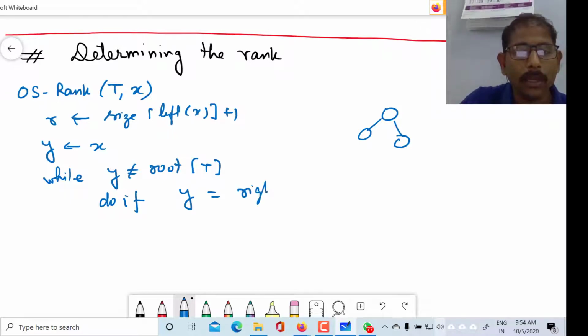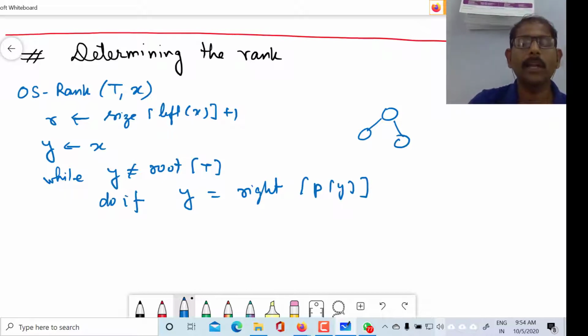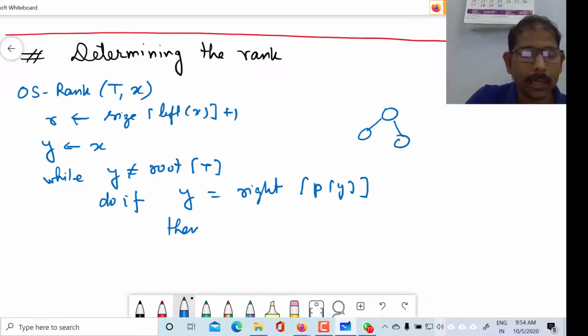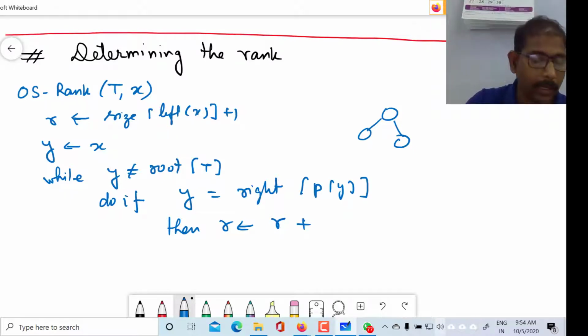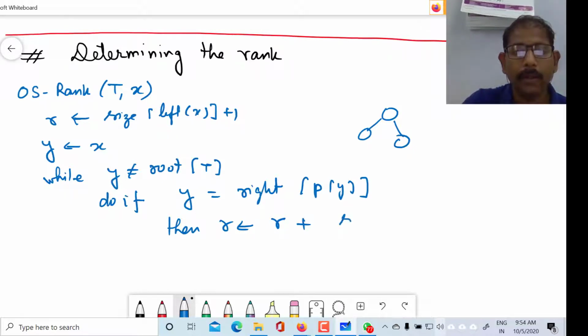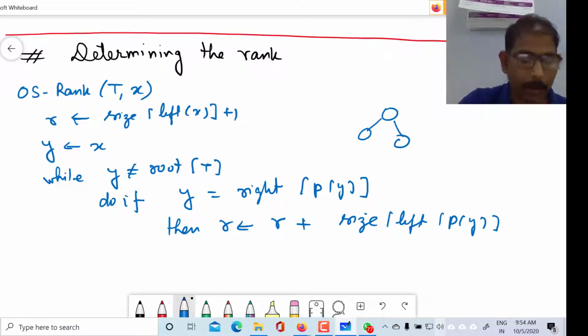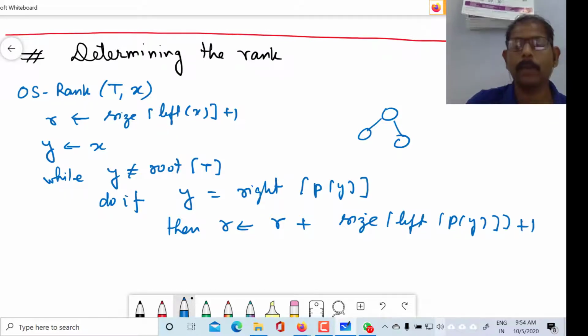So y is the right child of its parent, that means y equals right of parent of y. It can be written like this. If it is the right side, then we will calculate its rank as the rank of the father, size of left of parent of y plus 1.